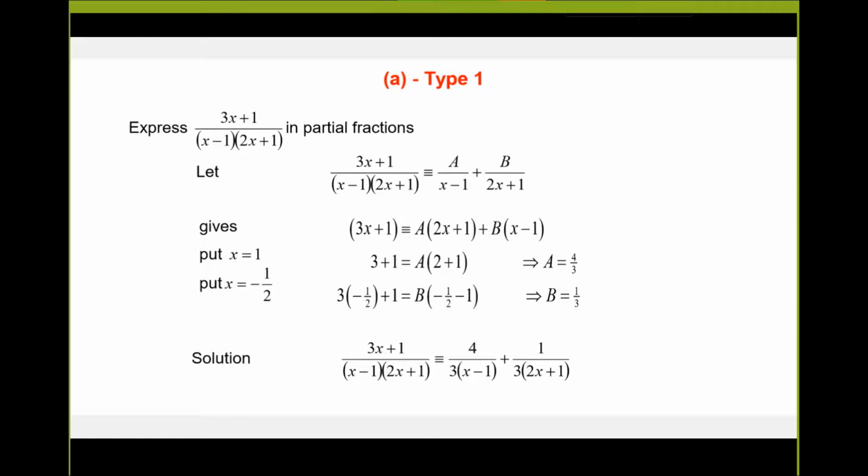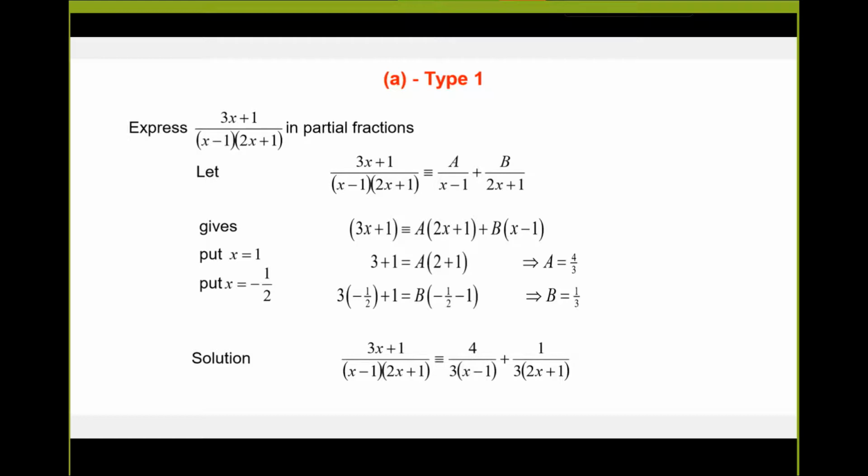I notice this time I didn't actually multiply the a times 2x plus 1, I just left it out here. That way I can take a look at this 2x plus 1 and try to figure out what number I could plug in for x that would make this equal to 0. That would mean I wouldn't have any a's left, and I would just have b's. So for instance, I'm going to solve this slightly different than what they did here. 2x plus 1 will equal 0 if x is negative 1/2. So if I use x is negative 1/2,